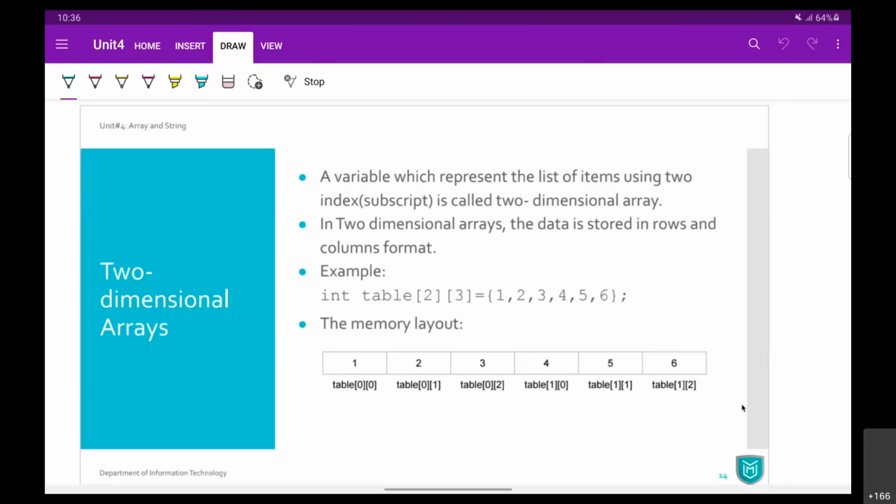1D array, we just looked in the previous sessions. 1D, one dimension, it only requires one index or one subscript, right, to define a size. And once we understood 1D array, we looked at how we can declare one dimensional array and how we can initialize one dimensional array.